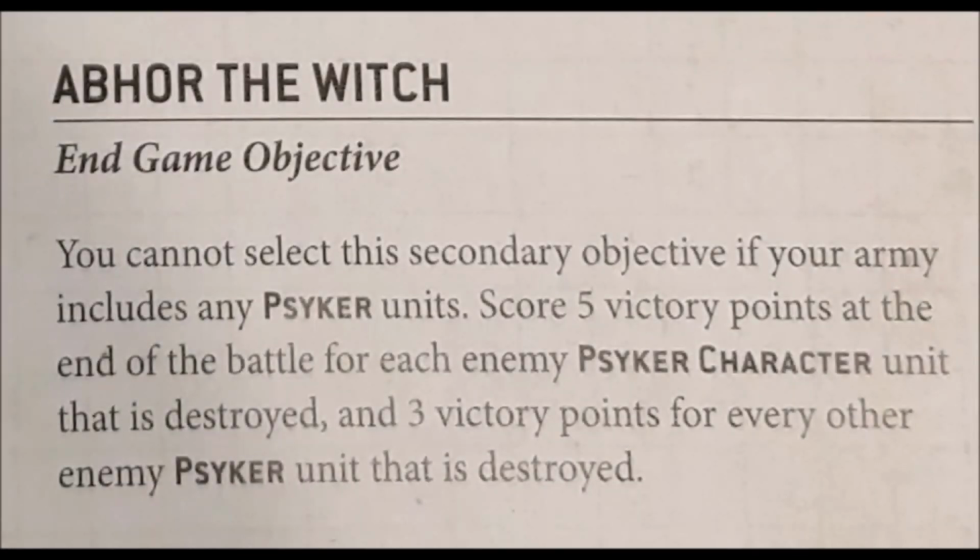And then we have Abhor the Witch, which is only for the core book, and you can't select this secondary objective if you have any psyker in your army. So pay attention that you have to be free of psykers, and you score 5 victory points at the end of the battle for each